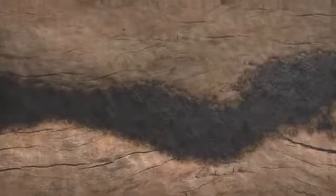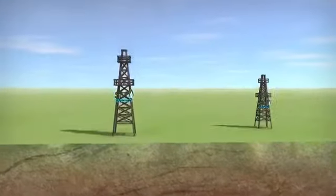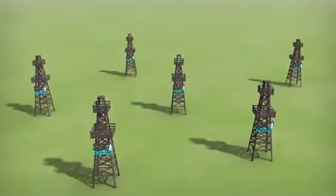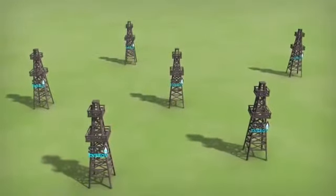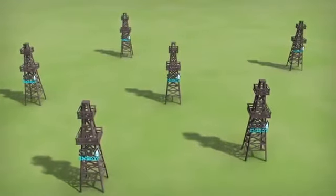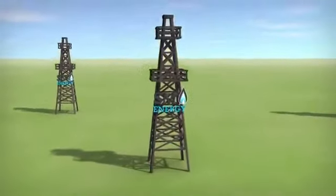Large deposits of oil and natural gas have been trapped deep below the Earth's surface in reservoir rock. With the help of modern horizontal drilling and hydraulic fracturing techniques, these deposits are being developed and produced around the world in an environmentally safe and responsible way. Let's take a look at the standard drilling, completion, and production process of an oil and natural gas well using